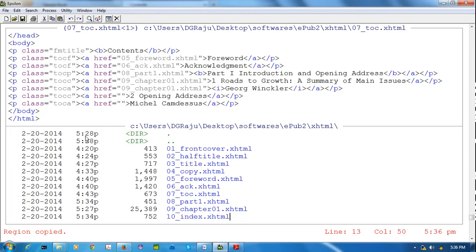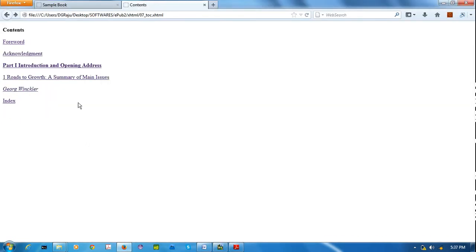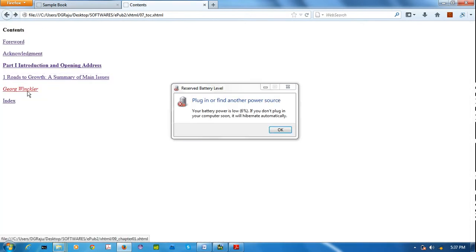Actually I have shown only chapter 1 now. That's why I am removing this. Index. I am pasting here. Index. Okay, I am refreshing. It is showing forward. Acknowledgement, okay. Part, okay. This one is okay, this one is okay, this one is okay.